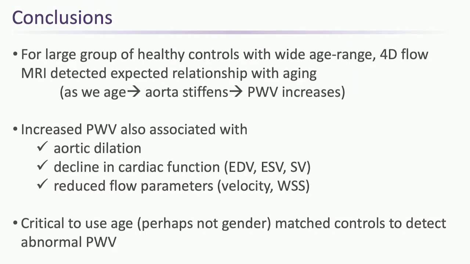In conclusion, for this large group of healthy volunteers with a wide age range, the 4D flow detected the expected relationship with aging. So as we age, the aorta stiffens, pulse wave velocity increases. But here I'm showing increased pulse wave velocity was also associated with aortic dilatation, a decline in cardiac function, and reduced flow parameters. So it's certainly critical to use age-matched controls to detect abnormal pulse wave velocity. Perhaps gender is not as critical. I think it might be important to look specifically in the younger age group here, because in the past there's been some differences found there, so that's kind of